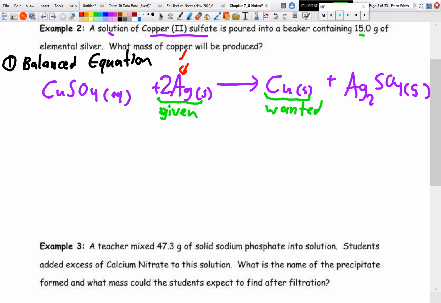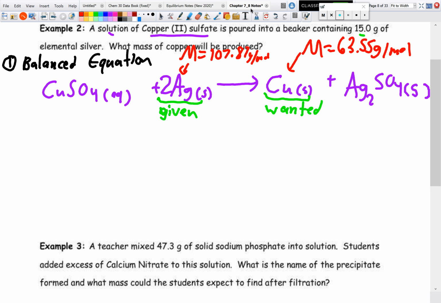So we have molar mass is equal to 107.87 grams per mole. And the molar mass for copper, same thing, just directly from the periodic table. Molar mass is equal to 63.55 grams per mole. And of course, we know we're going to have to use these because we're dealing with